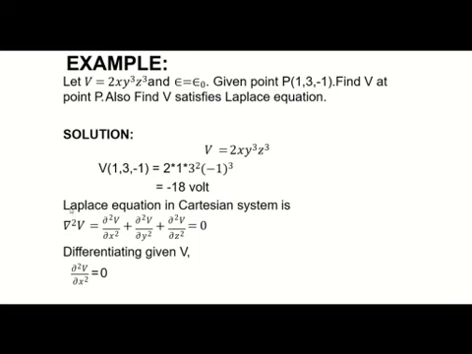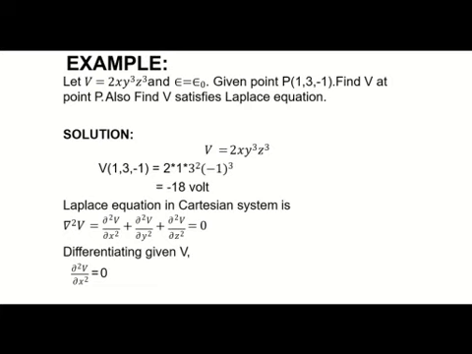And also the Laplace equation, bear in mind the Laplace equation in Cartesian coordinates. Okay, so nabla square V equals del square V by del x square plus del square V by del y square plus del square V by del z square. Now for one dimension we can write that del square V by del x square equals 0, but this is not in one dimension but x, y, z. Three dimensions are present here. So that's why we have to differentiate with respect to x, y, z.